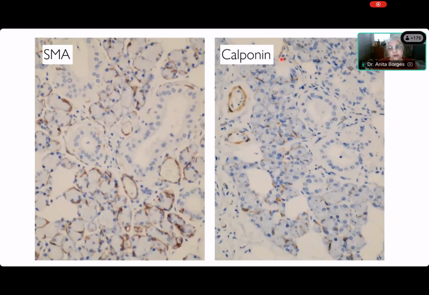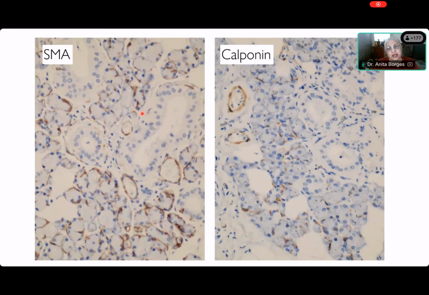Now myoepithelial cells, again, we talked about the fact that they're called myoepithelial cells because they have a contractile protein. And here is smooth muscle actin, and you can see the myoepithelial cells around the smaller ducts and around the acini, all showing expression of SMA, that's smooth muscle actin. But note that there is this big duct over here, and very occasionally you will find a myoepithelial cell there. The majority, and those of you who attended my first lecture will know, the myoepithelial cells are concentrated in the acini as well as in the intercalated ducts. There are a few myoepithelial cells in the striated ducts, and this SMA is a nice exposition of that.